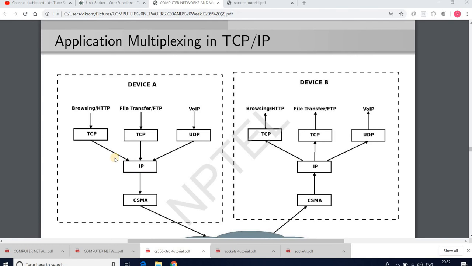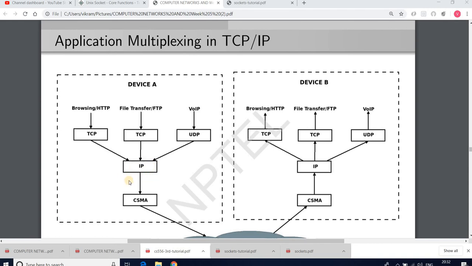Whenever you are talking about two devices, the IP layer is involved, and multiple applications running on top of the IP layer, the network layer of the protocol stack, are multiplexed with the help of different types of protocols.